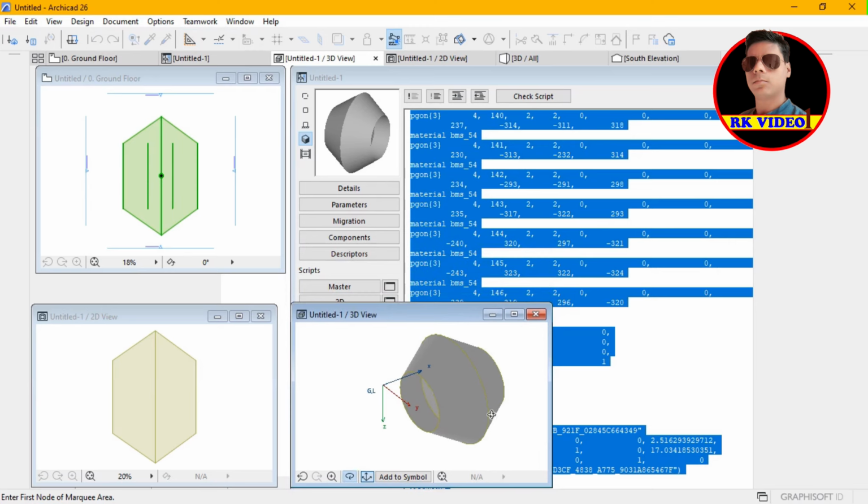Now you see that this is now completely hollow, and this is the 3D model. Now we got it. Now I hope